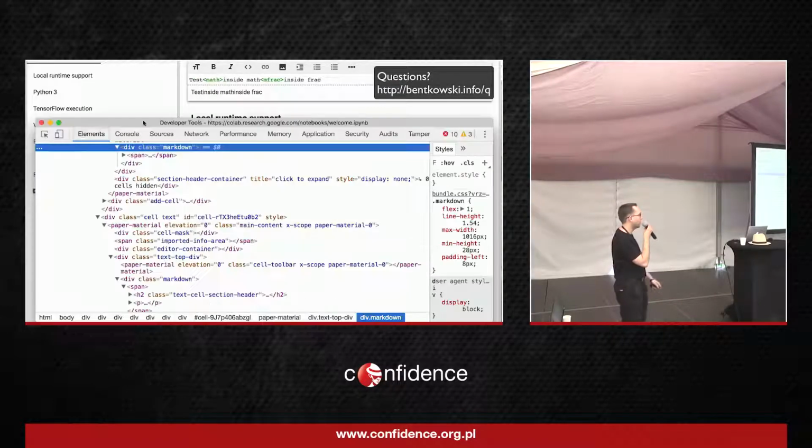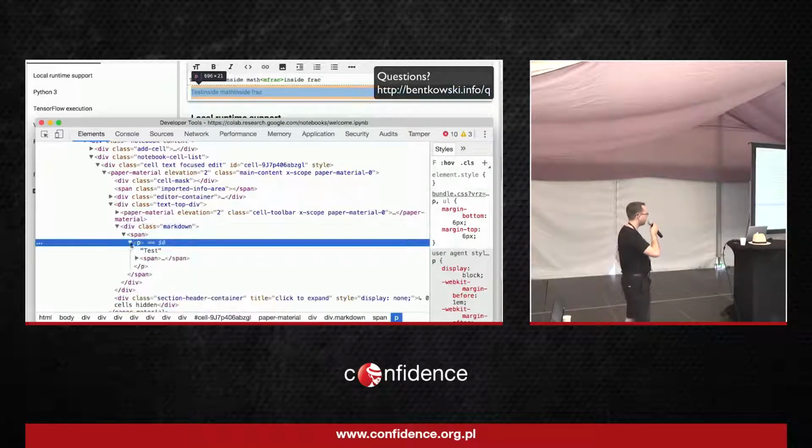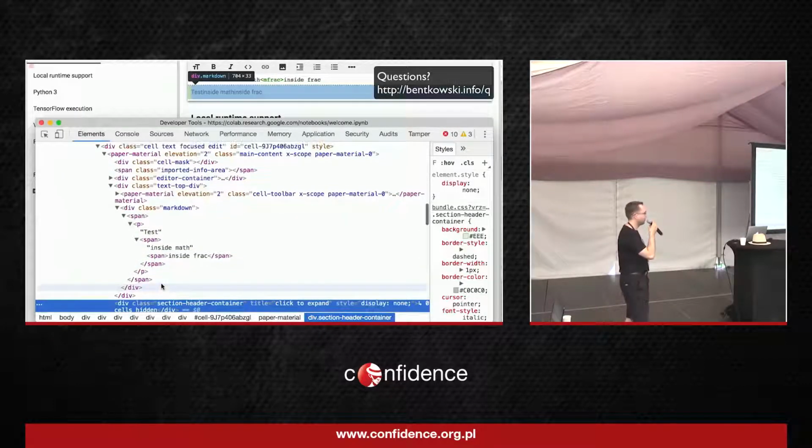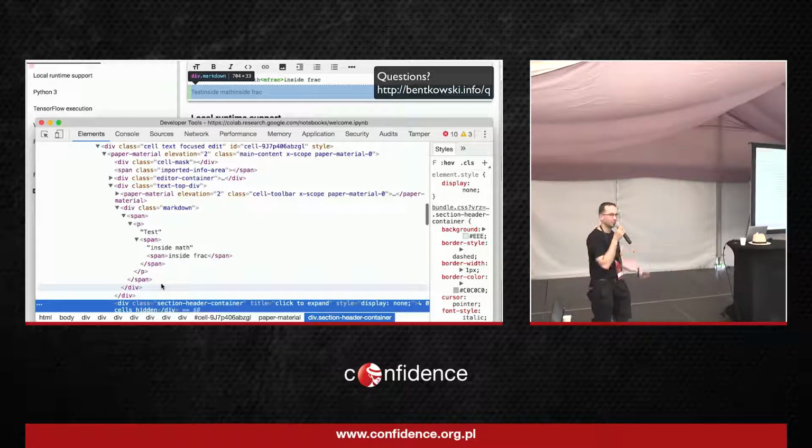So now I will have a look at the DOM tree. And in the DOM tree, there are no math tags, there are no mfrac tags. So the conclusion over here was that MathJax somehow omitted the Closure sanitizer. So now I didn't have to find a security issue in the sanitizer. Now I had to find a security issue in MathJax. It seemed to me that would be much more possible because Google's sanitizer is very well known, and I guess that nobody ever had a look at the security of MathJax.